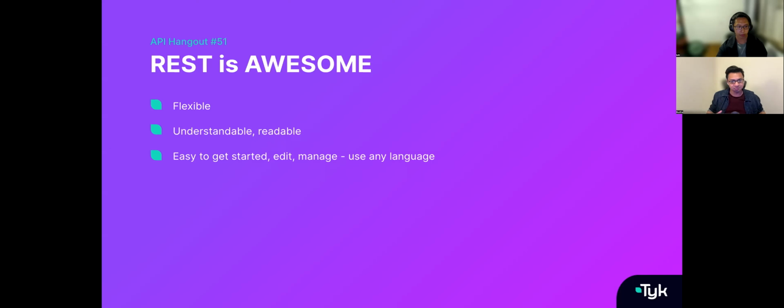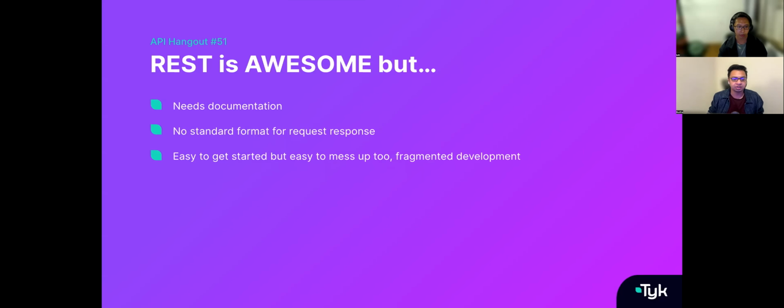So REST is awesome by itself. It has a lot of really positive things to offer, which is fantastic. Having said that, there are certain limitations as well. We do see that REST needs a bit of documentation, at least to be comprehensible, to be understandable in the best possible way. You need to have that additional element where things are documented. It's not something that is documented out of the box. You do need to understand a little bit more about what an API does, how things work, what happens when things go wrong. All of that needs to be documented ideally.